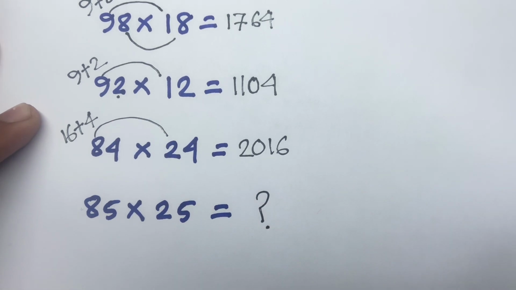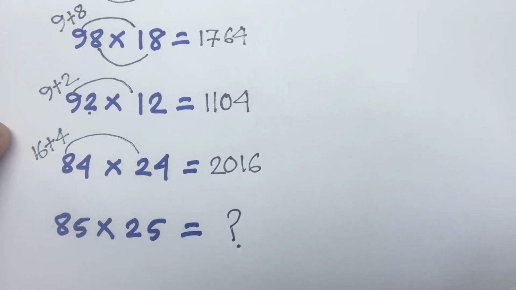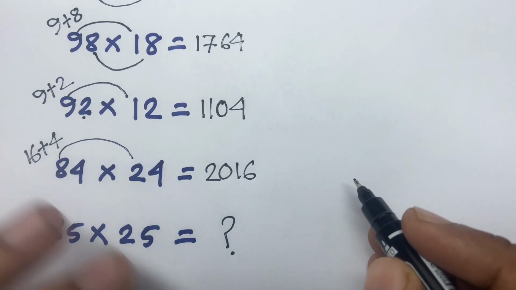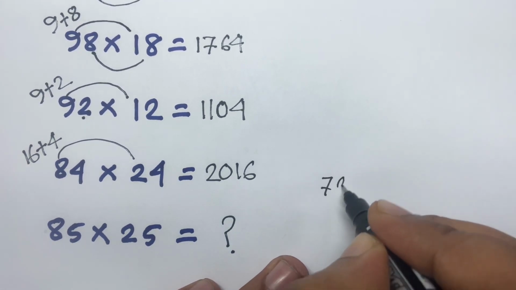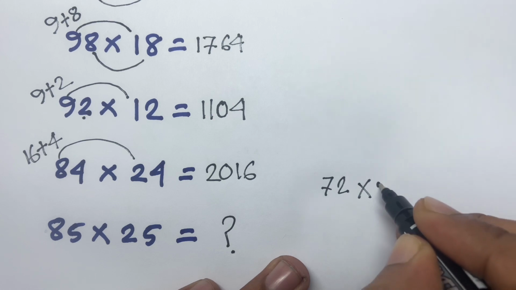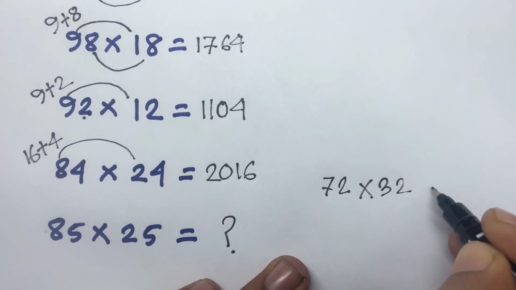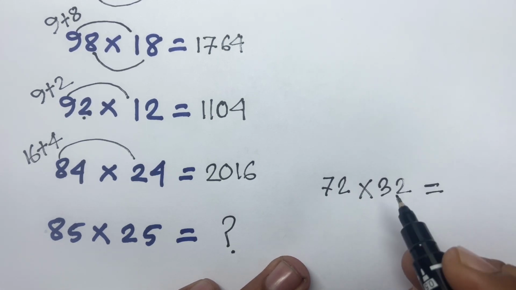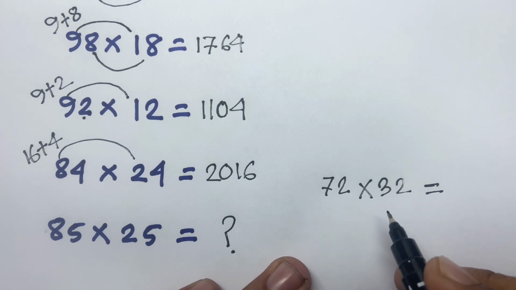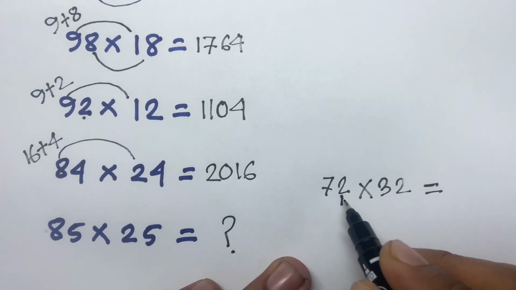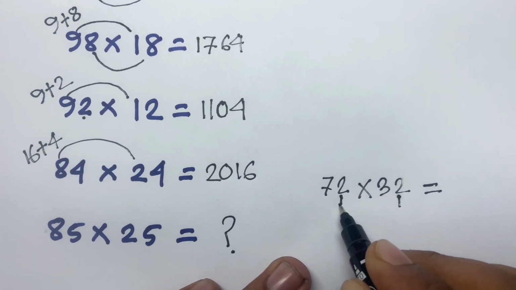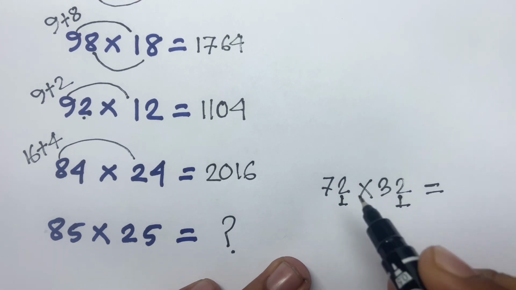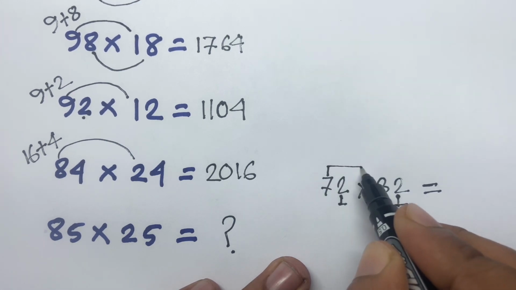Okay. Now I want to discuss when you can follow these tricks. You can follow these tricks this time. Like I want to say about 72 times 32. What is the value? This time you can follow this multiplication trick where this digit and this digit are the same, and the first digits always